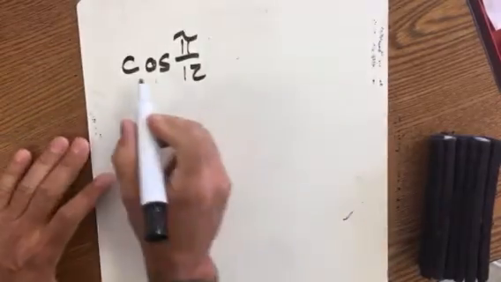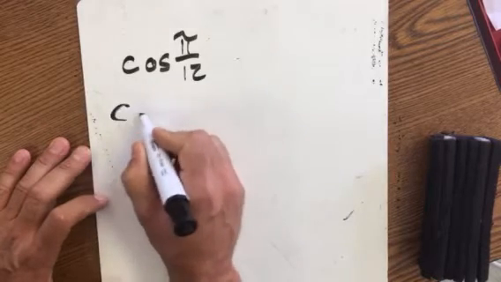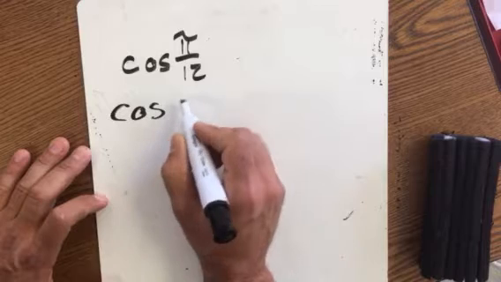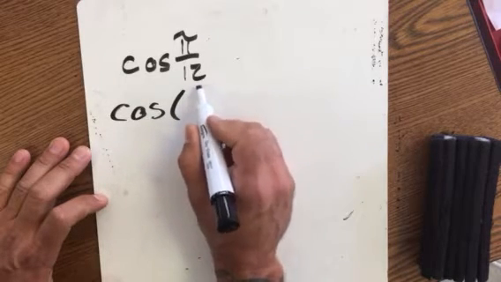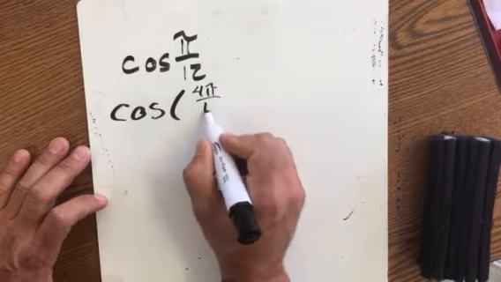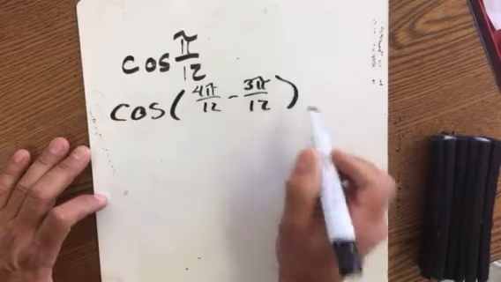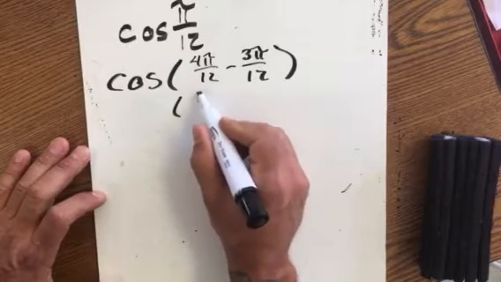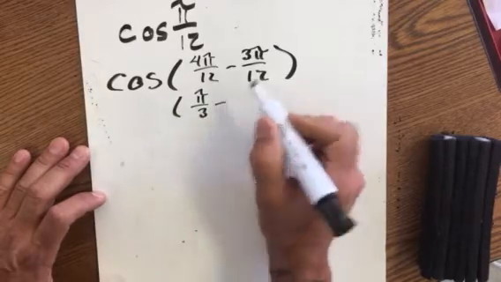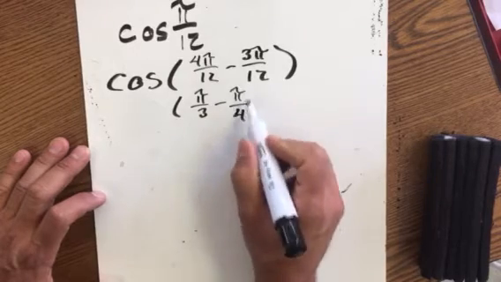All right, so I'm going to do some of the problems to help you out. So I have cosine of pi over 12, which I'm going to make into the cosine of something that I know, which would be 4 pi over 12 minus 3 pi over 12. And the reason that I do that is 4 pi over 12 is pi over 3, and I know that on my unit circle, and 3 pi over 12 is pi over 4, and I know that on my unit